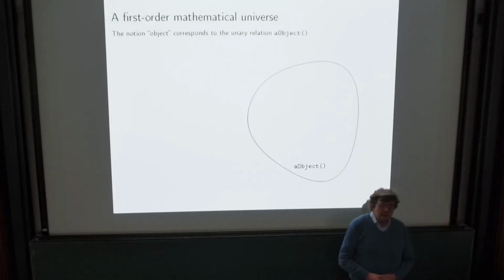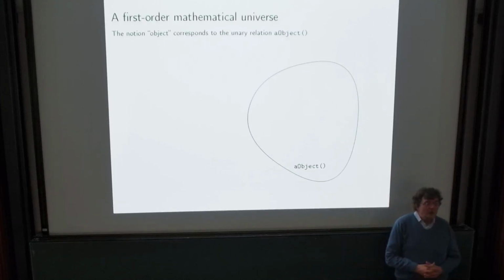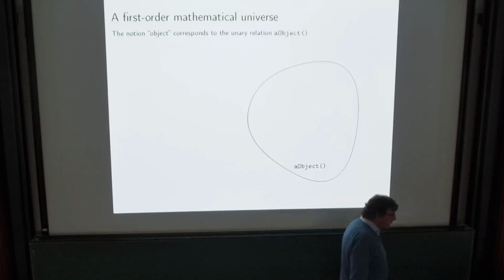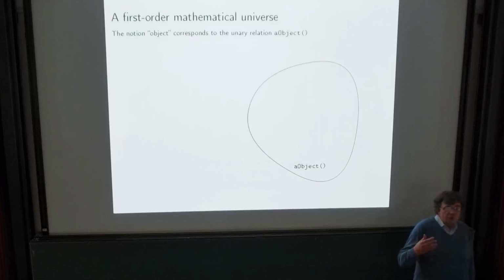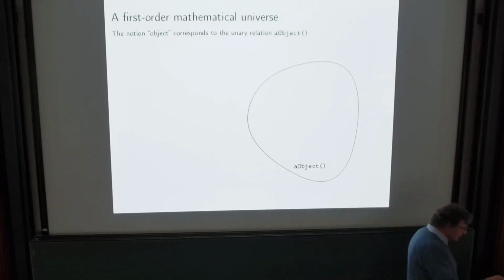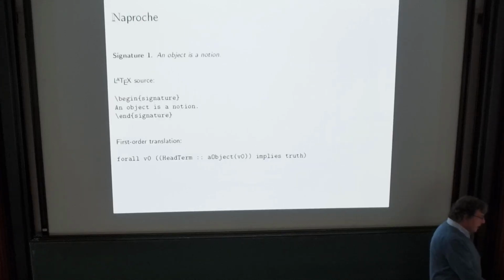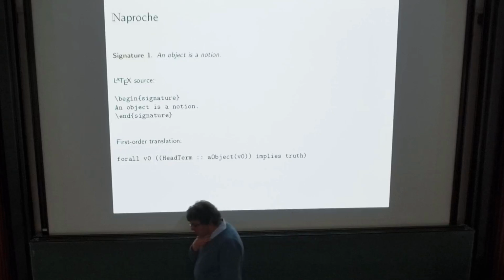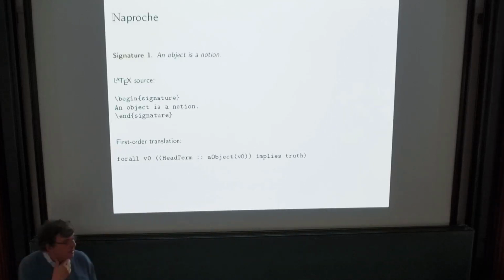So let's go back a little bit. It seems important in mathematics to distinguish objects and other things that come around. Think of sets and classes in set theory, this difficulty. So objects should be the things with which you can do all mathematical constructions, so to speak, which allow you to form collections, sets, and types. And so in the Naproche system, this would somehow go like this, that you say an object is a notion. It's one of the types that I'm interested in, the type of